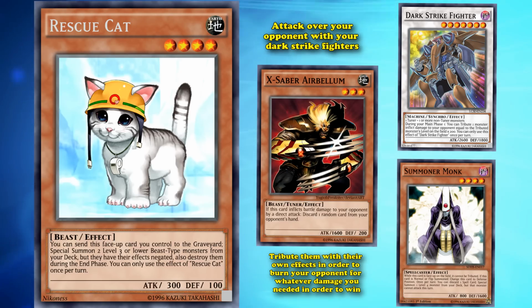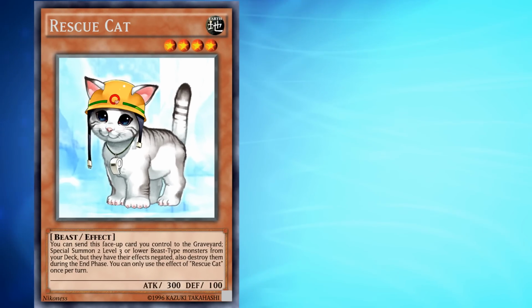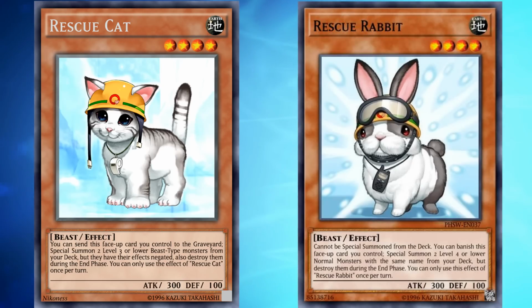And then this is what finally got Rescue Cat banned, because its effect was too strong with Synchro monsters, and as the game progressed, its effect just got stronger and stronger, making sure that it was never going to come off the ban list. So eventually, they printed a card called Rescue Rabbit, who was supposed to be like a